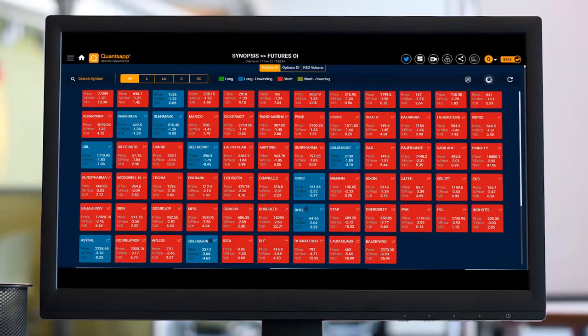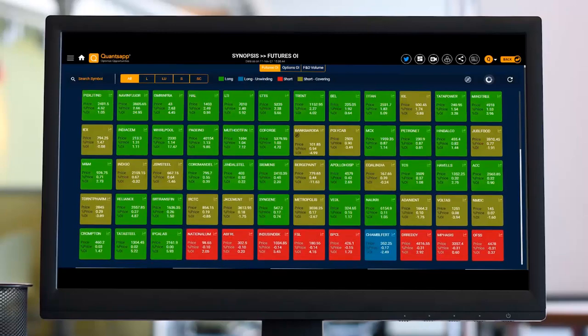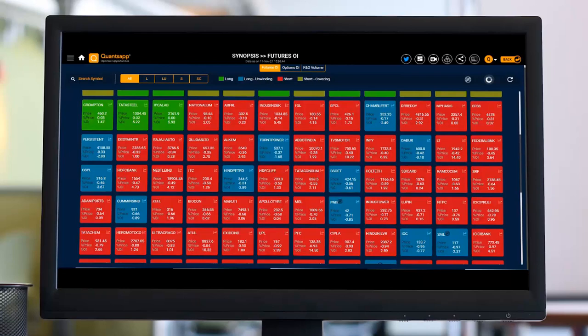Now the first thing from Sensibull Futures OI, what we understood is that we can easily find out a bias on the market. We can check how my desired instrument is behaving, how much it has gained, lost, or what build up it has witnessed. Now, after having a bias on the market, which is right now negative, if I look at the screen from an intraday perspective, does that tell you that it will remain negative till the day end? No, it does not tell you. It is telling us that whatever time you are looking at that data point, at that time, how the build ups have been witnessed, and accordingly it shows us the data.